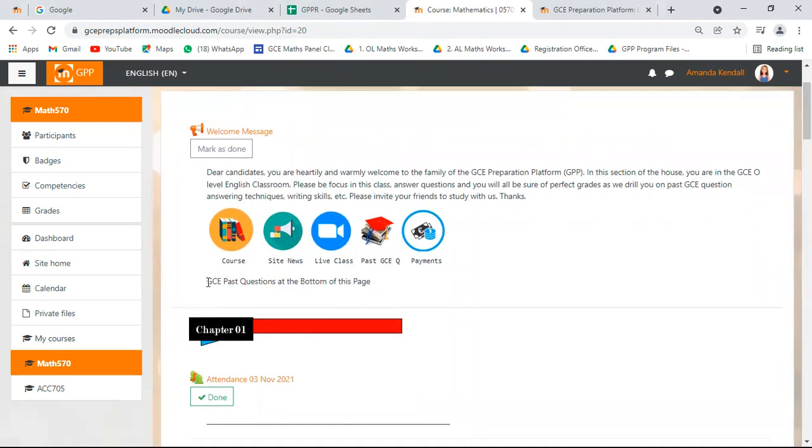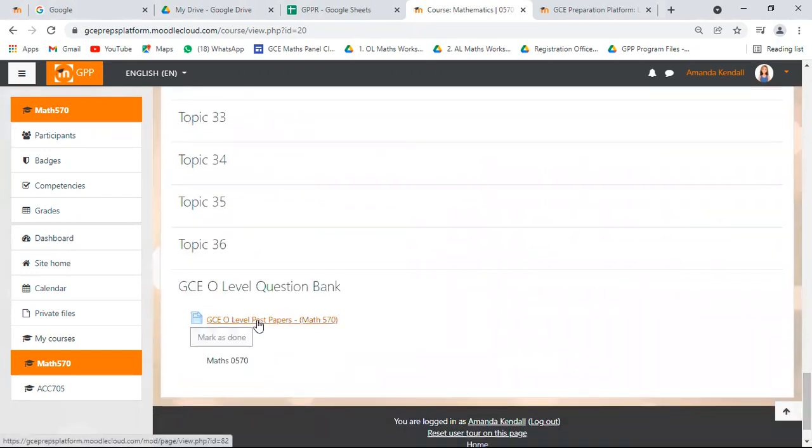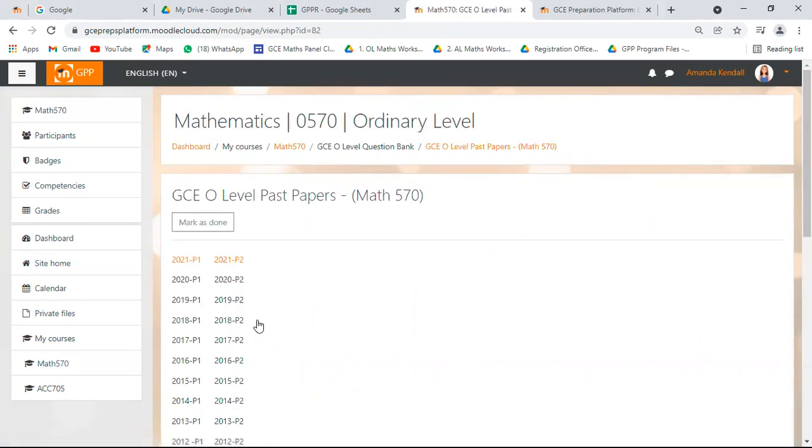And here they're telling you GCE past questions at the bottom of this page. Let us see if that's true. All right, so when we click on that, it brings us to GCE Ordinary Level Math Paper 1, 2021.